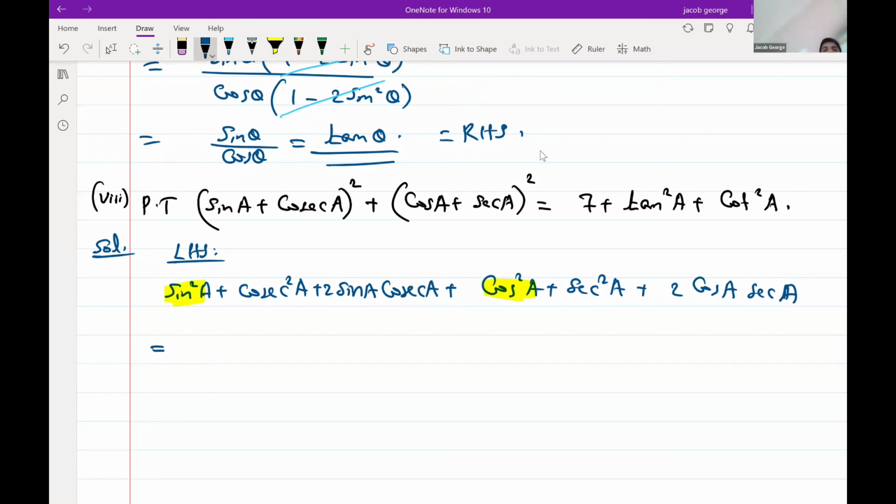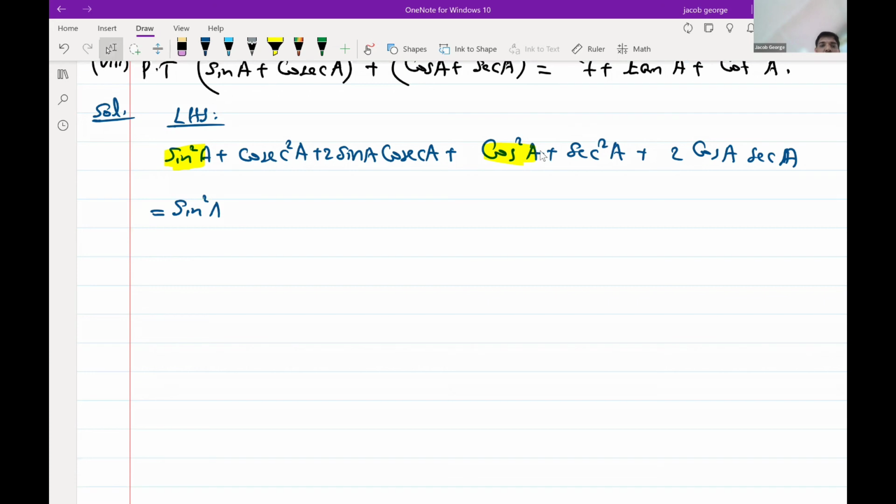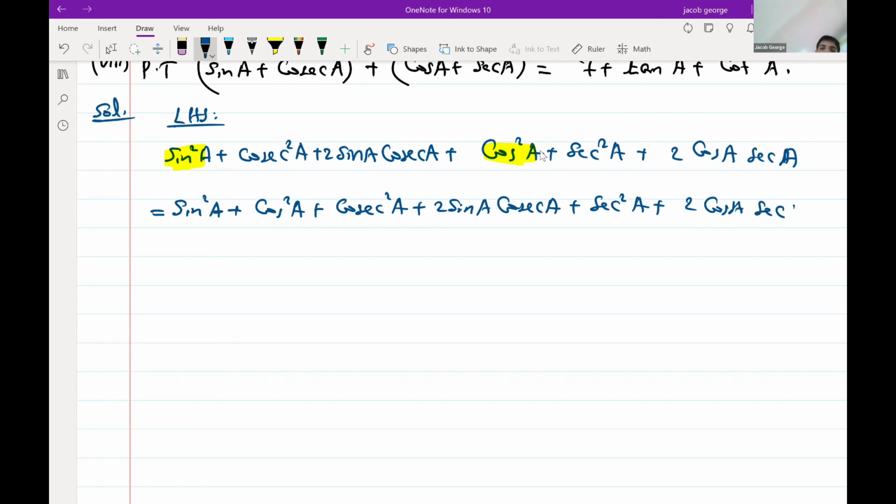It is sin square A plus cos square A, plus cosec square A, plus 2 sin A cosec A, plus sec square A, plus 2 cos A sec A. The sin square A plus cos square A is 1. So 1